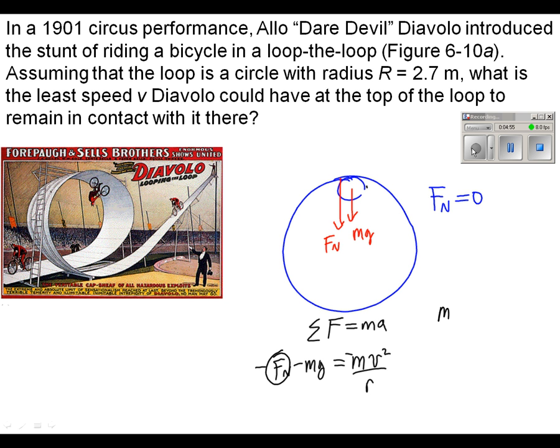Now we have mg equals mv squared over r. Our masses will cancel, and we end up with velocity is the square root of rg. If we plug in our values for r and g, that'd be 2.7 times g, which is 10. So our velocity ends up equaling the square root of 27 meters per second. So this is how a typical vertical circle problem